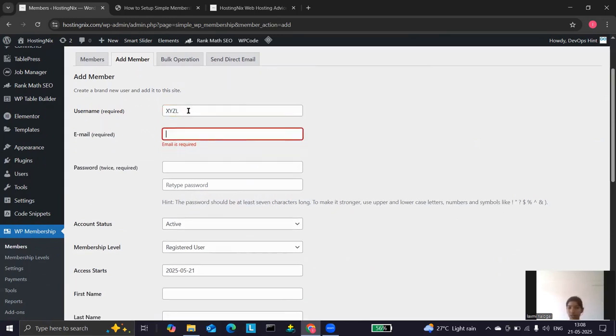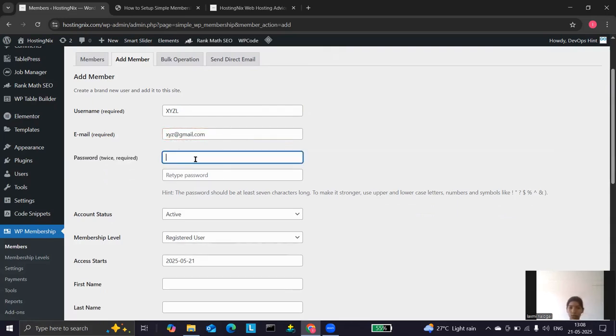We have to mention a minimum of 4 characters. We have to provide the email also. Also provide the password, that is a strong password.